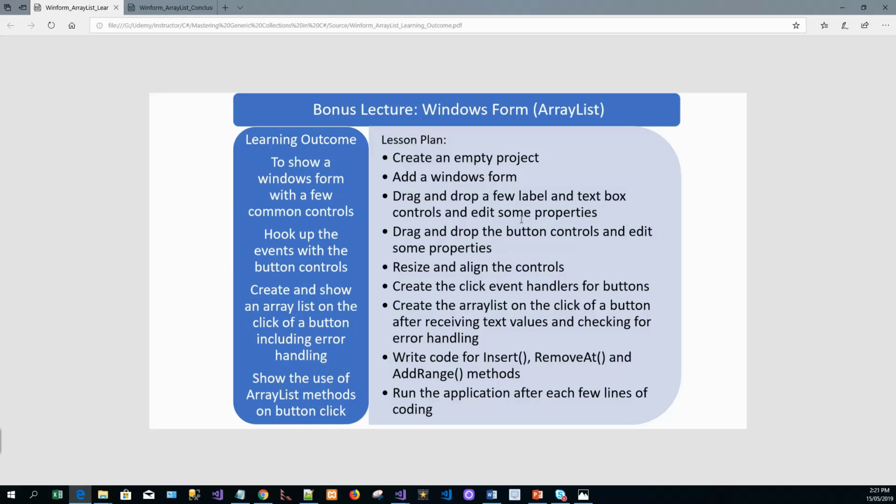So we'll be seeing exception handling or error handling, and show the use of array list methods on the button click. Like in the earlier lessons, I have created a lesson plan. So please go through this lesson plan by pausing the video for a second, and I am just going to follow the lesson plan in general. Right. So we'll end up with using the insert, remove, and add range methods, which we have seen with the console application. So now we shall flip over to Visual Studio,